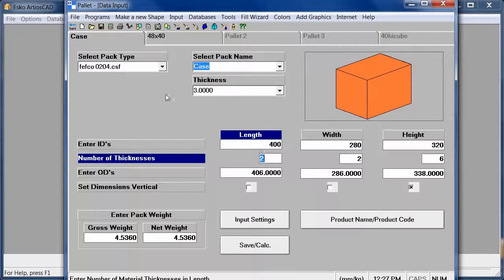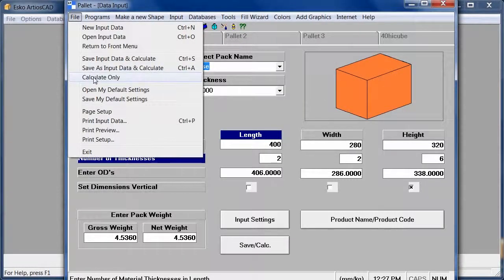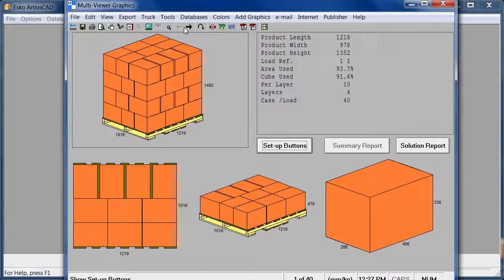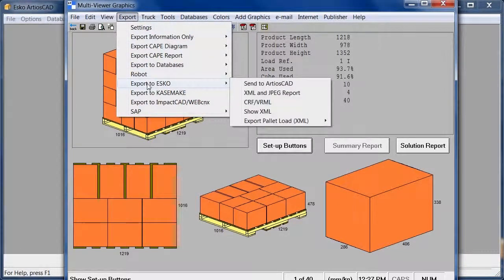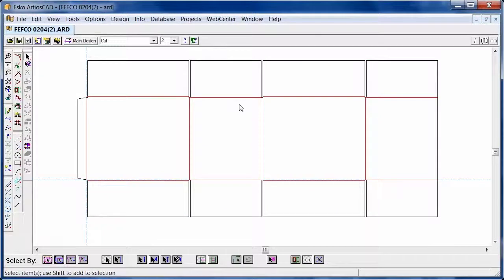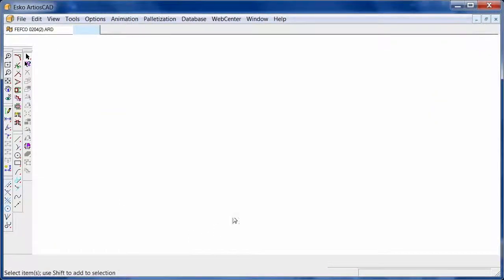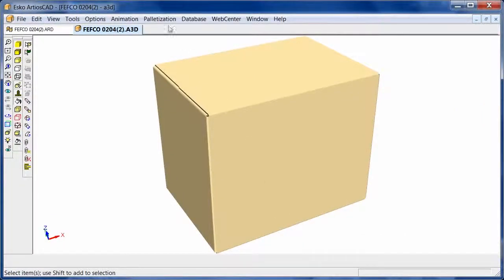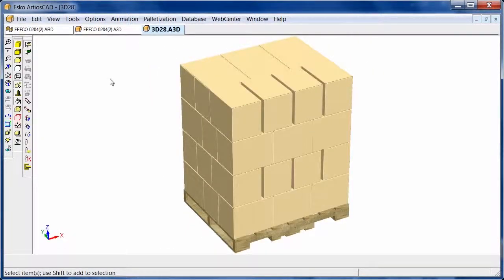Like this. So when the information is known in CAPE, we can calculate this to make a choice of what pallet scheme we want to use, and then we can export this to ArtiosCAD. As a result, you will notice that the ARD file is generated by the information that came from CAPE. And if I convert this to 3D and do the palletization design, the pallet scheme is also known from the CAPE choice. So this way it is very easy to export and import information